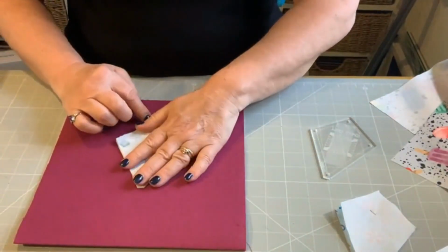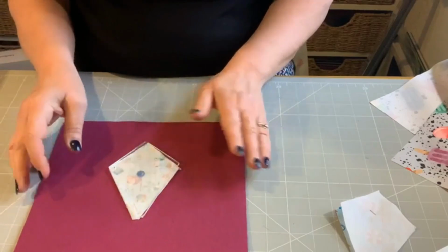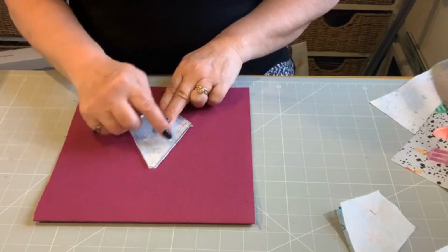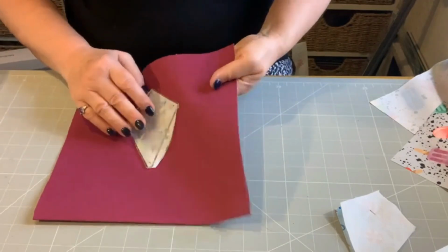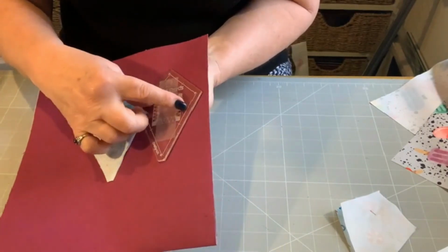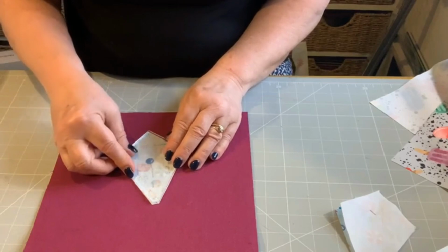Now what I was going to show you with the template, if you can see that there, I'll just lift that up for you, is that when you lie the template on here, it's got a little hole all the way, and you can see a line leading from one hole to the other. It's difficult for you to see. But if I put it like that, can you see that it's got the 1/4 inch seam line marked, and there's a little hole at each point? And what we do with that, lay it over the top of our fabric,